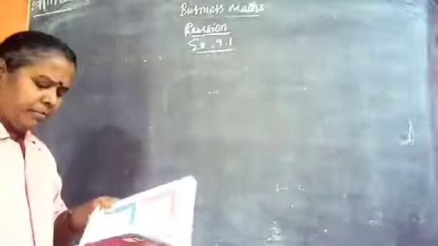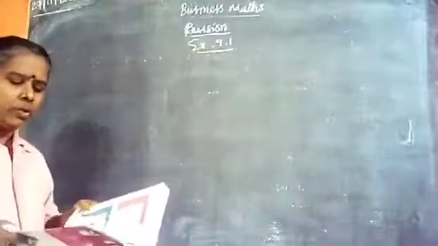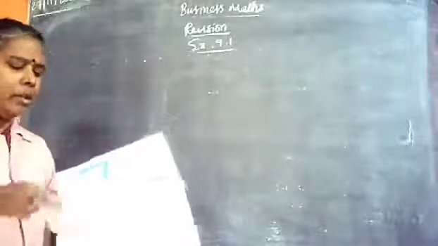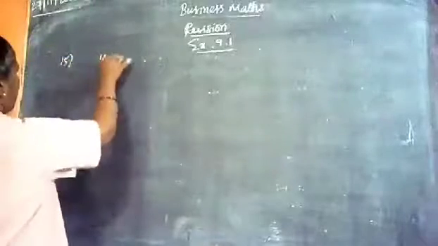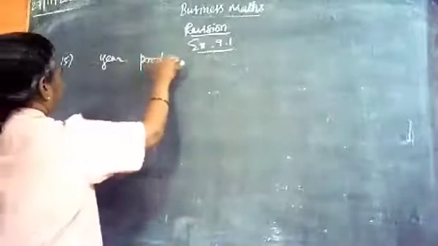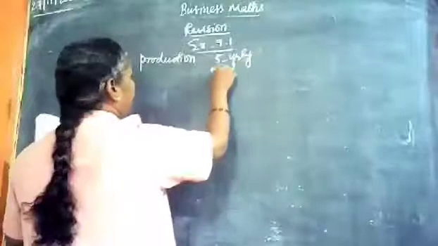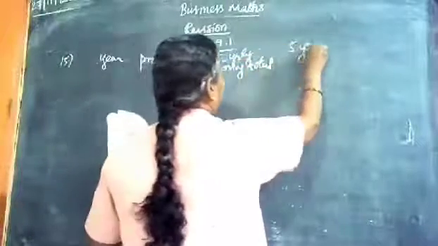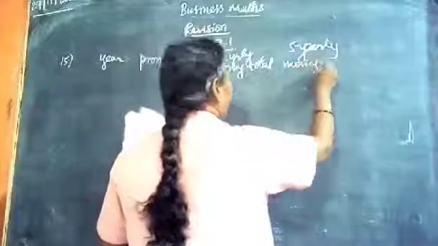Question number 15. Find the trend of production by the method of 5 yearly period of moving average. So the 14th question was 3 yearly moving average, and the 15th question is 5 yearly moving average. And you are given a lot of data here. Take question number 15. Here: production, 5 yearly moving total, and 5 yearly moving average, similar to 3 yearly moving.